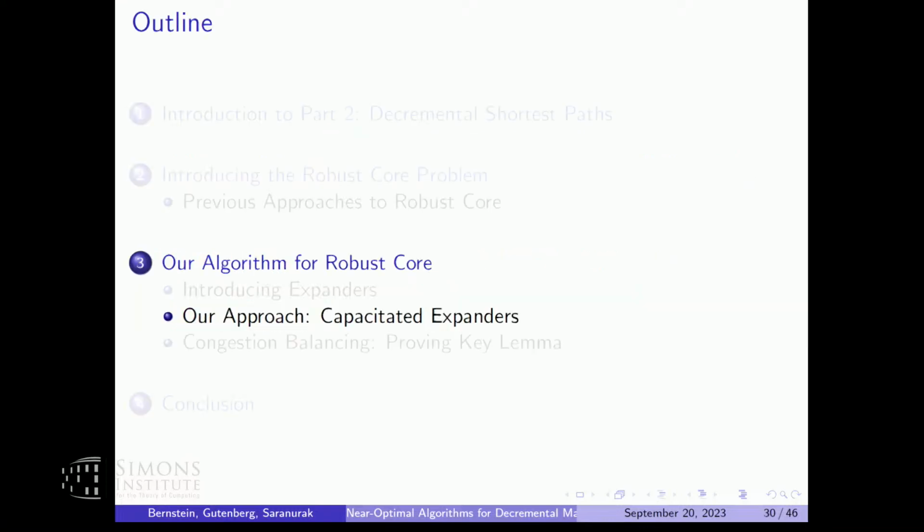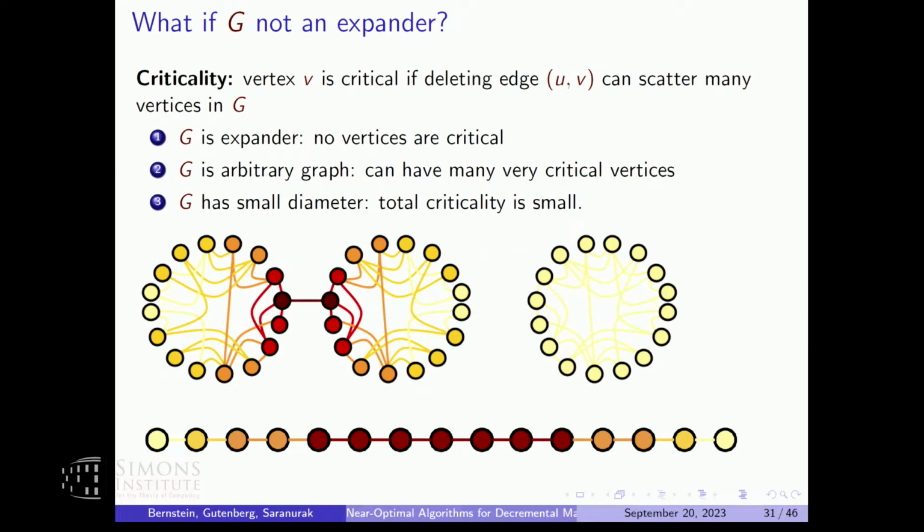And I only have 2 minutes, so let me just give the highlight, which is that let's look at some graphs and again, try to get the notion of critical vertices, just like we had with matching. So instead of edges, it's going to be vertices. So basically, an edge is critical if deleting that edge can cause you to decompose a lot. So in this graph, this edge is very critical. So in an expander, no edges are critical. That's what it means to be an expander. It's robust. Edge deletions don't do much.